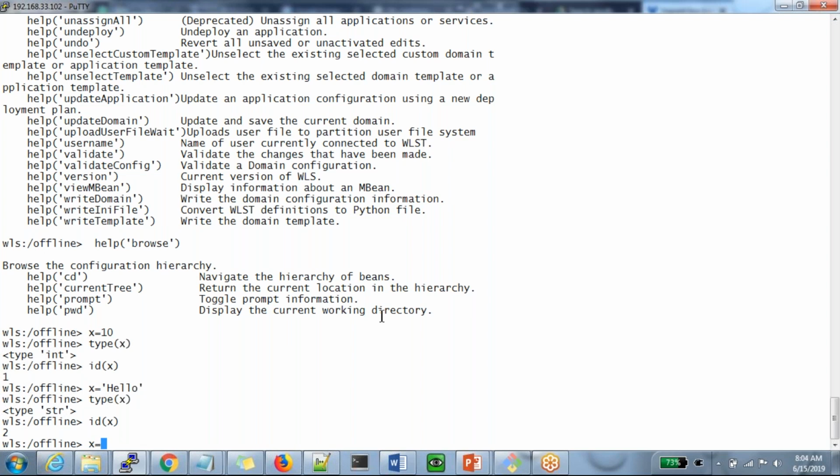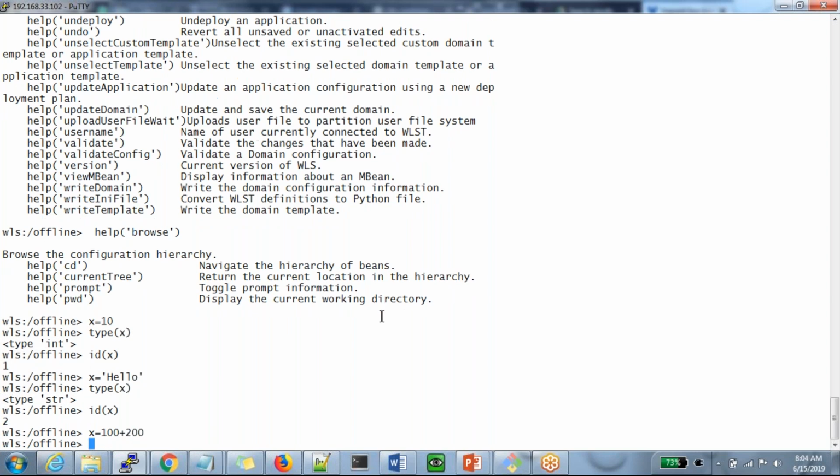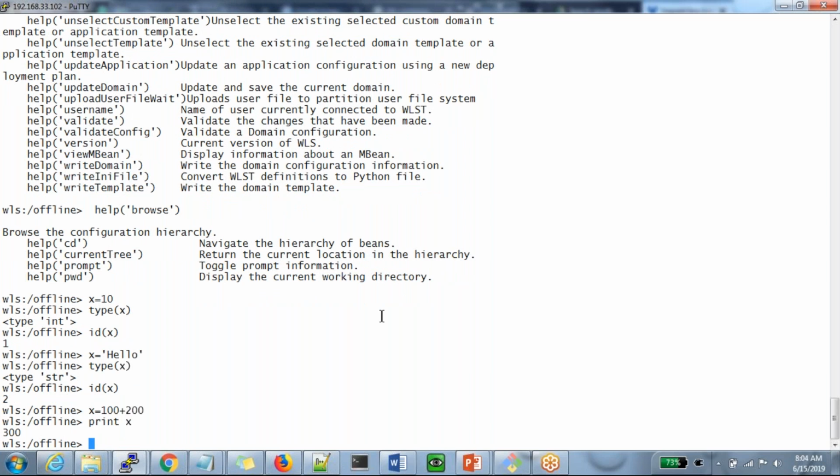You can use any calculation and store it, and you can use the print statement. There is a little confusion about plus and minus, which one I can use and which one we can ignore. So plus, when you are using it with numbers, is an arithmetic operator, and if you are using it with strings, let's say x is equal to WebLogic